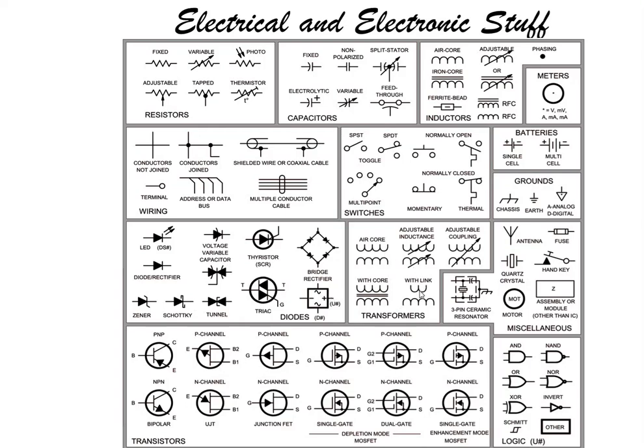The next one is the transformer. I will come with the transformer topic also. First of all, see how we represent the symbol and its significance. Mostly used symbols include antenna, fuse, hand key, motor, assemblies. The next one is the transistor. Again, it is a very important topic for industry people and students. First is PNP and NPN, how to understand NPN and PNP, then the MOSFET and IGBTs. There are a lot of symbols.